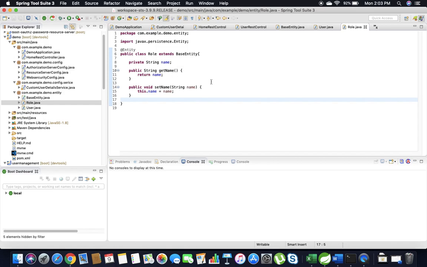repository. Now we have created all the tables. Let's consider all this, user and user role, and the base entity, which extends to user and user role, has been configured to user and user role, and this is like a data table. We have developed this. Let's assume once I run this application, it will create each table in the database itself. So user is going to be one table, role is going to be one table. Now we have created that table, so we need to configure it in the customer user details, right? So this we have done, and in order to link, we need to have one interface, which is nothing but